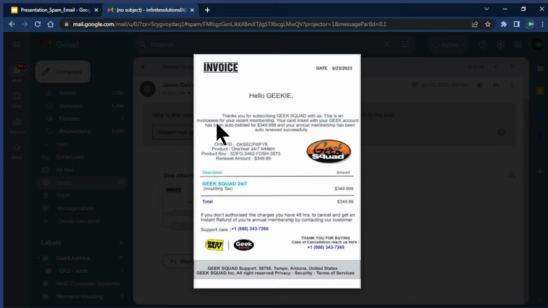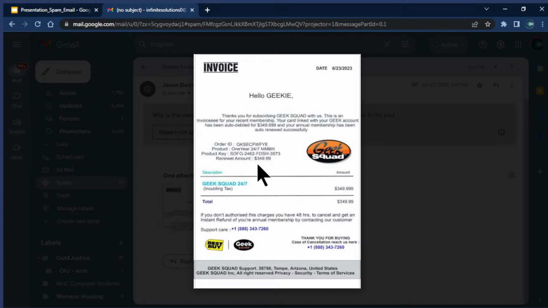These companies use standard templates, so every email they send out is going to look the same. The only difference is it's going to have specific customer information in the email, like your membership number and things like that. But in this email here, that's a dead giveaway: the misspelling.